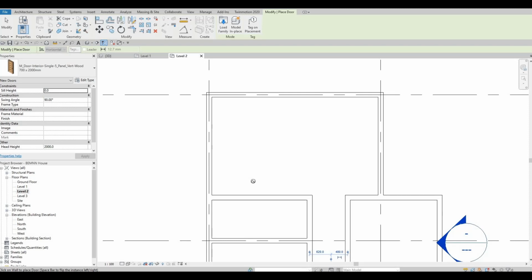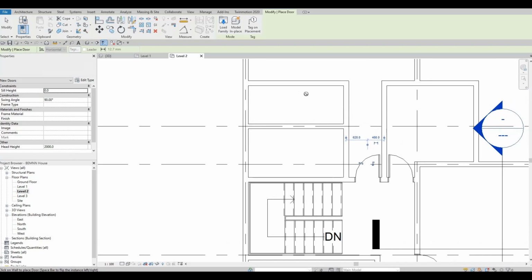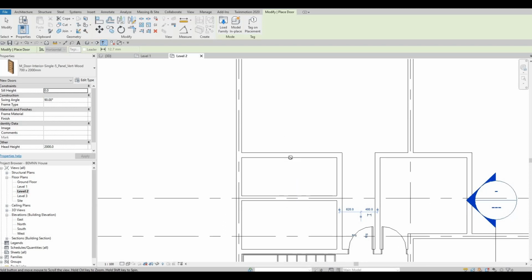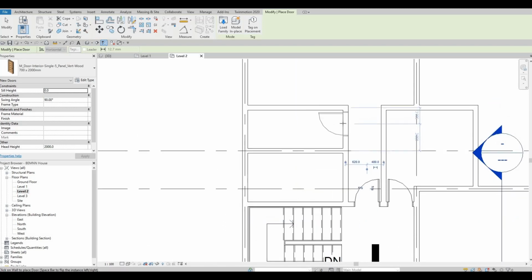So either way, I want this side to have enough space for the walk-in closet. So if we plan on adding it right here, that will be good. It's easier to go from the bedroom to just go to the washroom right here, and this will be the walk-in closet. So for now, I decided to just add the door right here